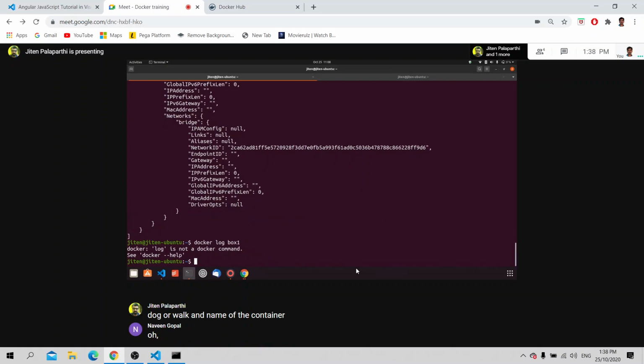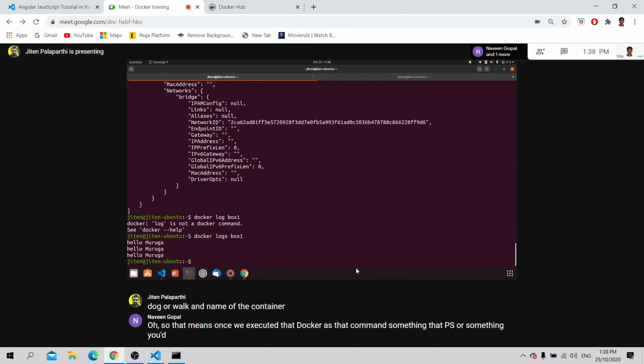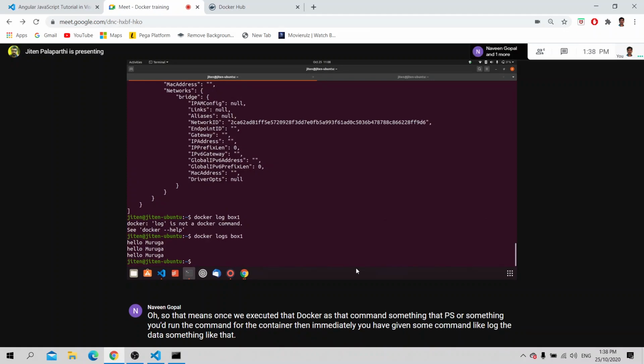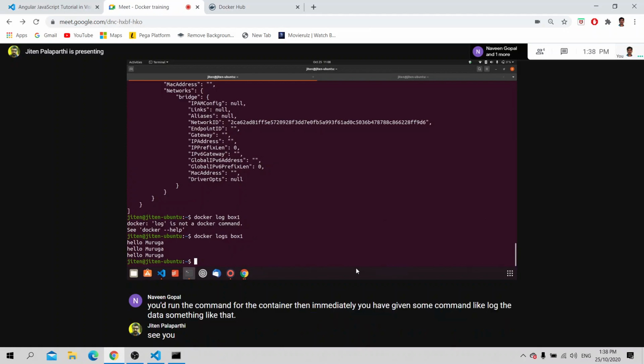So once we executed docker ps or something, you ran the command for the container, then immediately you gave some command to log the data? You should know what is called logging here.